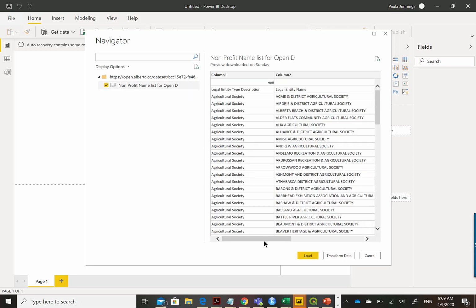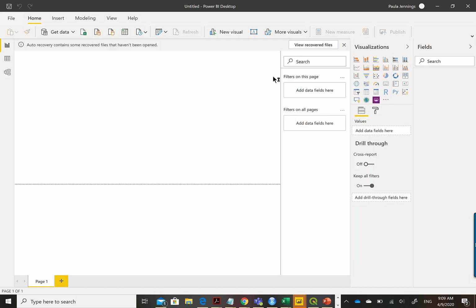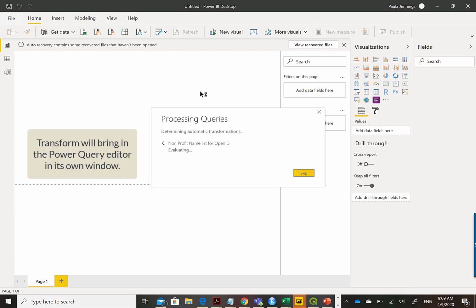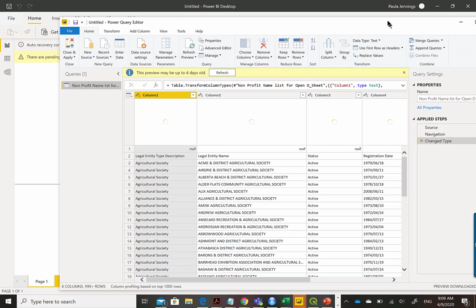And then we actually see the data and we'll have to select the little check mark in the box to say that we want to actually look at the data. Rather than load it straight into Power BI, because if you notice the column headers don't look right, we'll transform the data. And that brings in the Power Query editor. So here I bring it over,